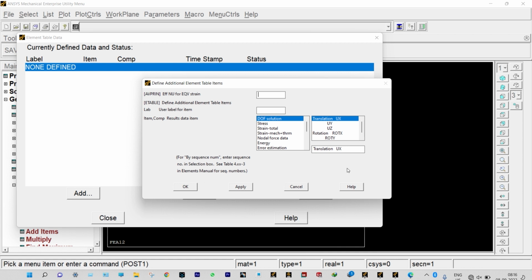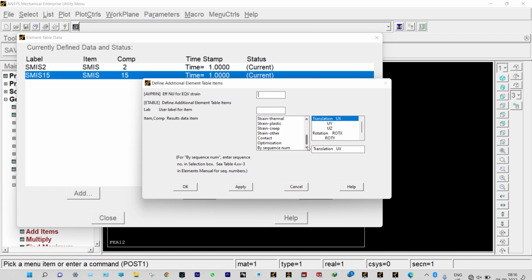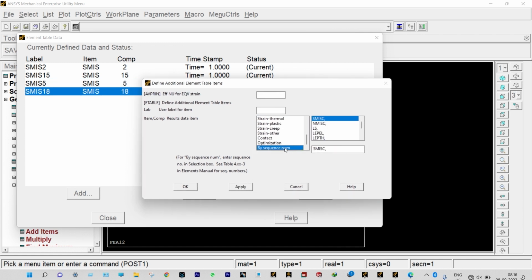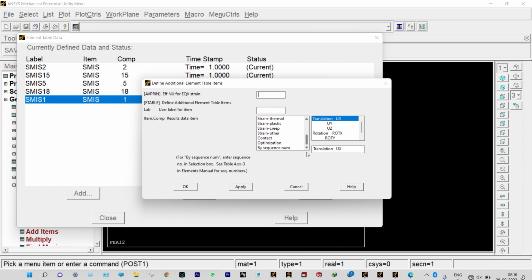For bending moment, we need to select SMIS 2 and 15. So let us select from the drop down menu by sequence number. It will be SMIS 2, apply. Repeat the process again by sequence number, SMIS 15, apply. Again by sequence number, SMIS 5, apply. By sequence number, SMIS 18, apply. By sequence number, SMIS 1, apply. By sequence number, SMIS 14,